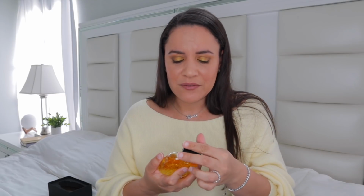It's just not my style. This is definitely going to be someone's style. This is very well blended, very well made. I want to try more from this house because I want to add this stunning bottle to my collection, but this one didn't work for me. And I guess